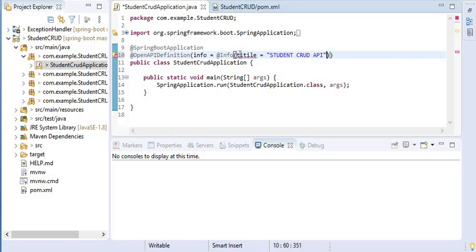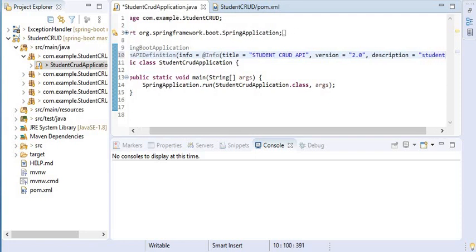Like this we can give version, and that will be like 2.0, and we can give any version, and in description we can give any name, student services.